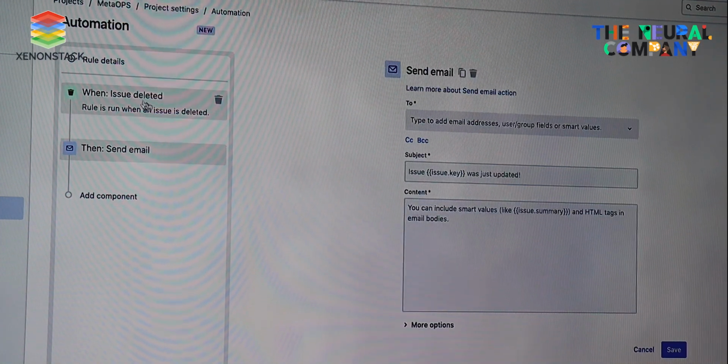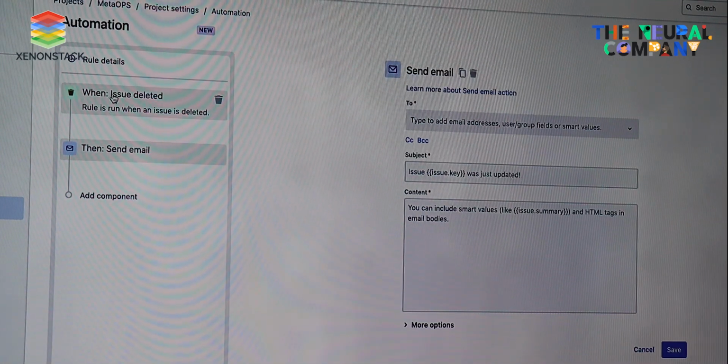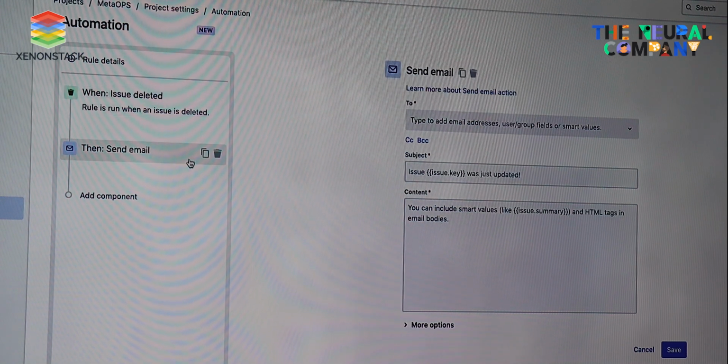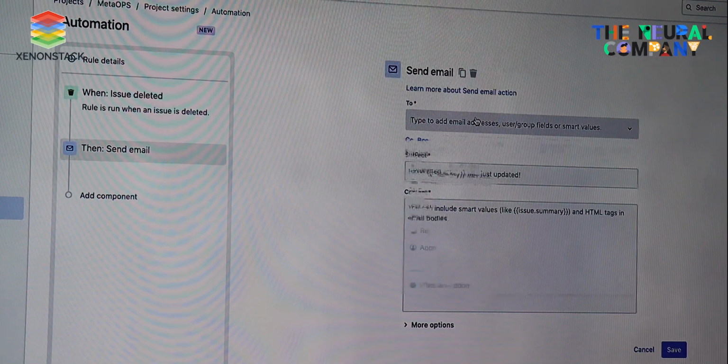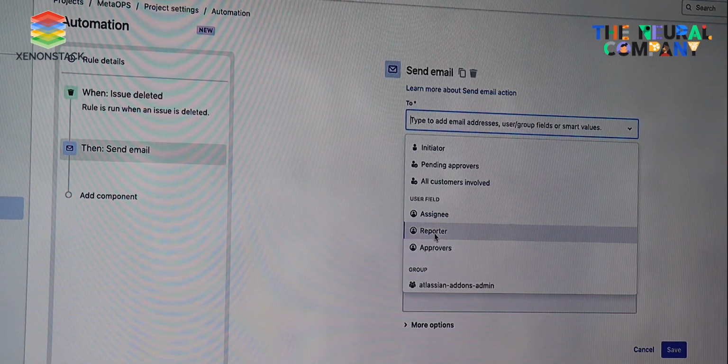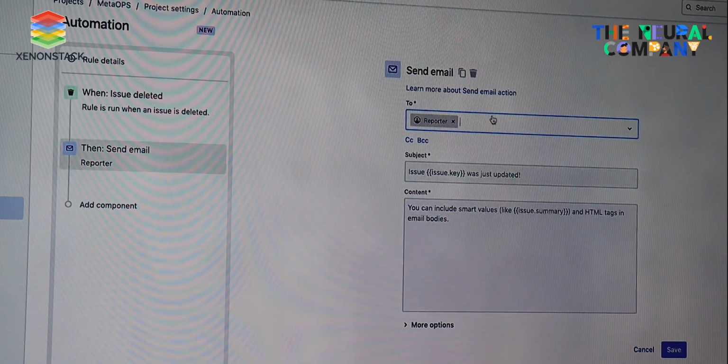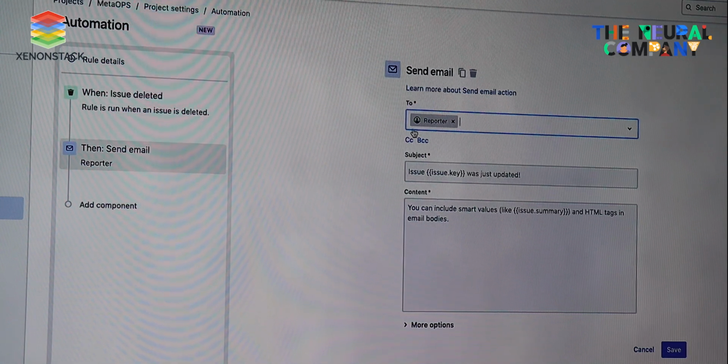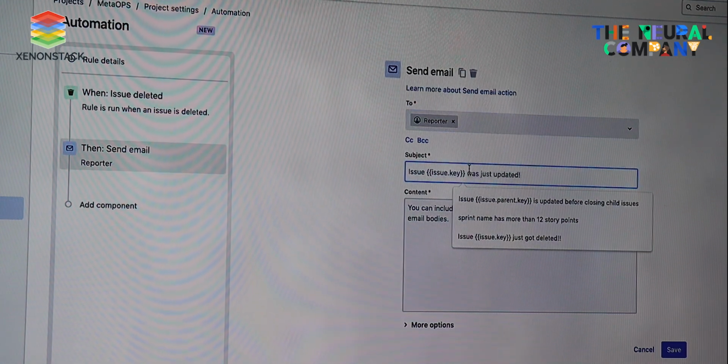Now what is happening here is we have chosen the trigger rule "issue deleted", right? So our automation will work as soon as an issue is deleted. Now what will happen when an issue is deleted? It will send a mail. Now let's customize this. I'm selecting here reporter. So the reporter of the issue will get this mail, and let me add some